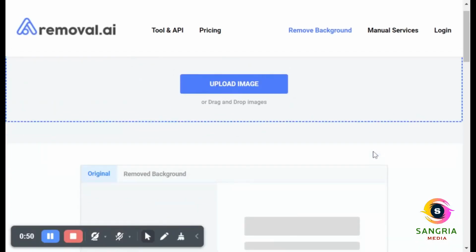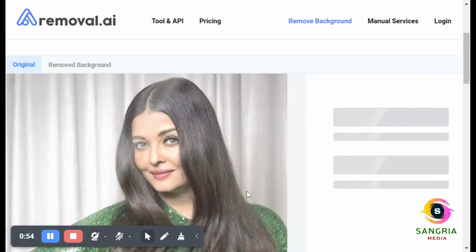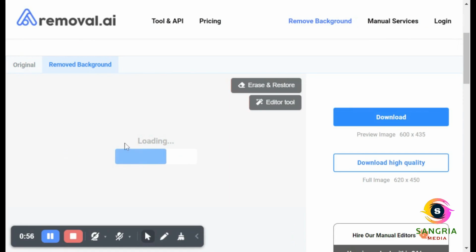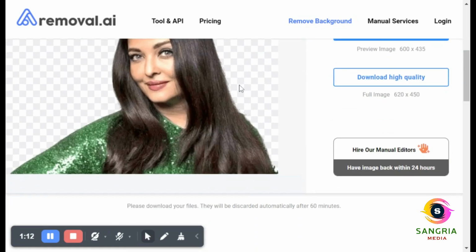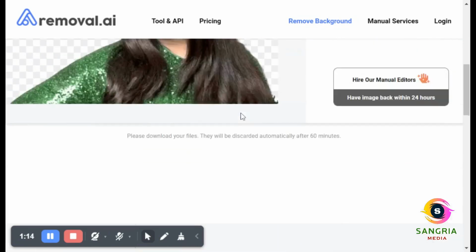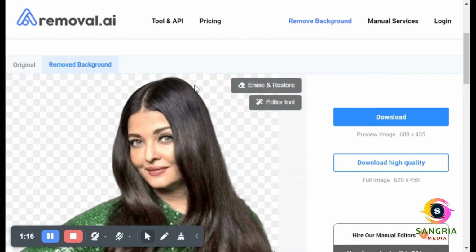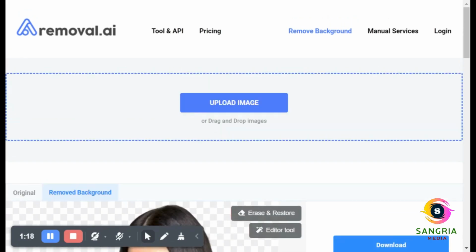So an image is chosen, and right now the background is removed. You can download it, or in high quality also you can download it. And after that, it's a simple image, you can proceed on that. Otherwise you can choose another image, on the top, upload image again,